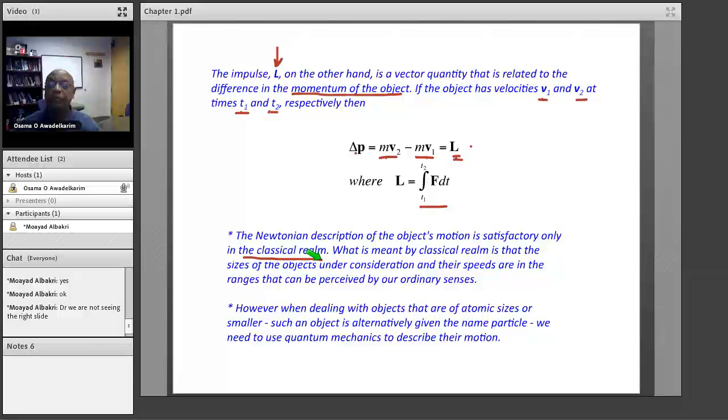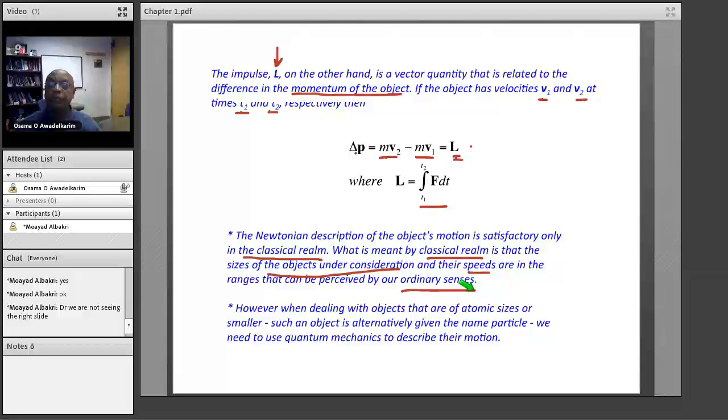What do we mean by the classical realm or scheme? What we mean is that the sizes of the objects under consideration and their speeds are in the range that can be perceived by our ordinary senses. What do we mean by that? We mean that we're talking about objects that are commonplace, objects that we see with our eyes, okay? Objects that are big, objects that are sizable, bodies, humans,